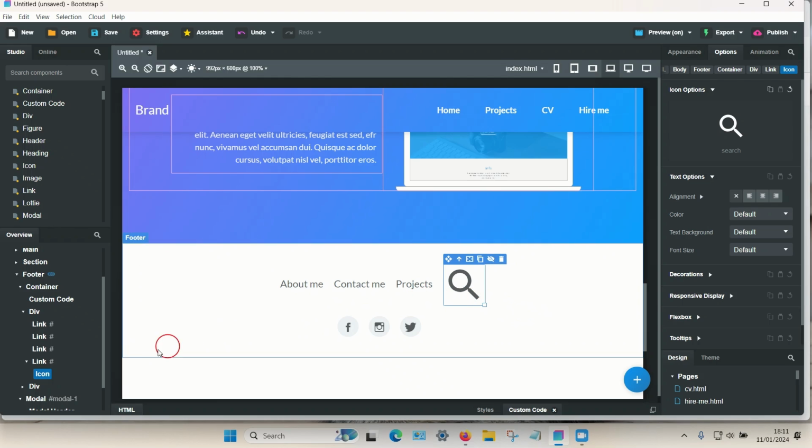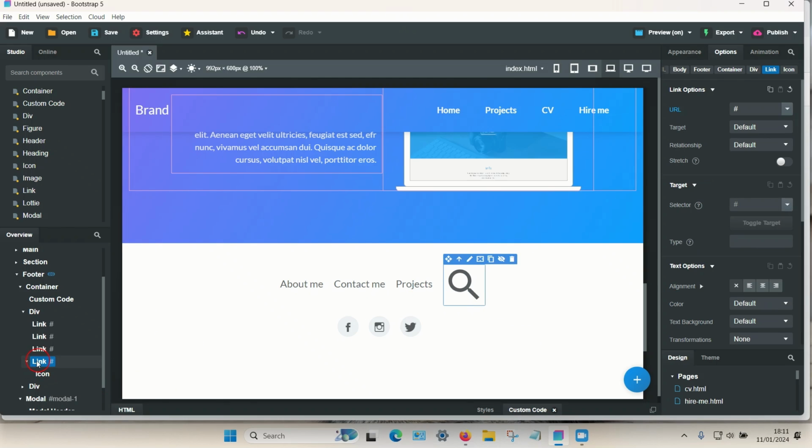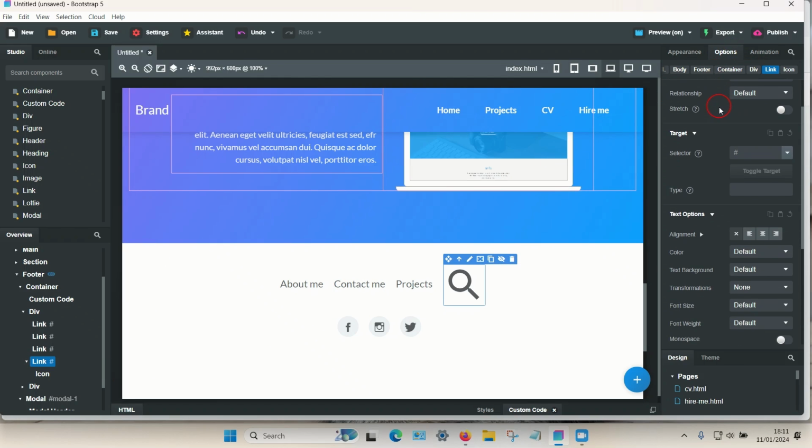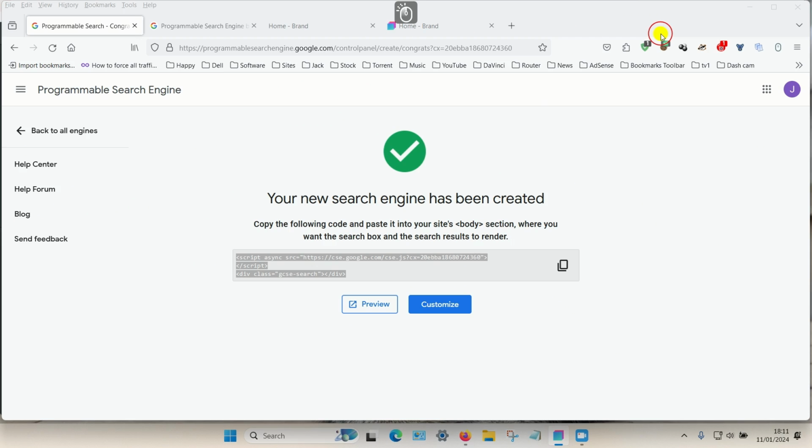So what I want to do is select the link where the icon is part of. Once that's selected, go over to the options tab again, make sure options selected, and you want to choose this option which is target, and under this one select the drop down menu and just choose the component you just added. So once that's done, if we go into preview,